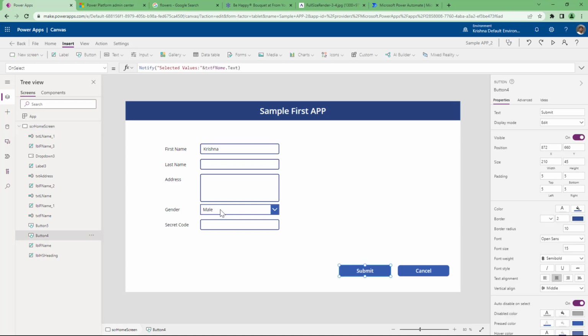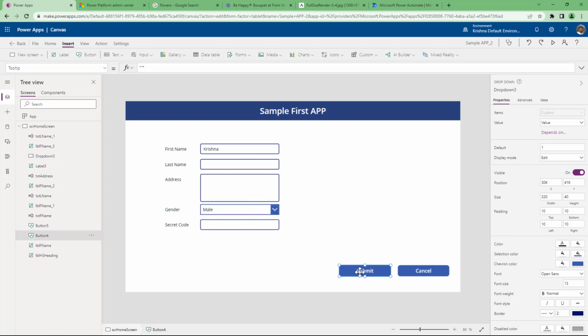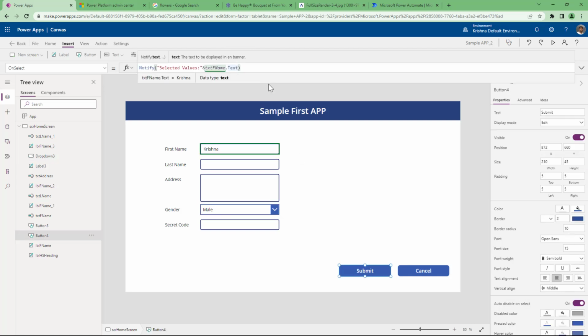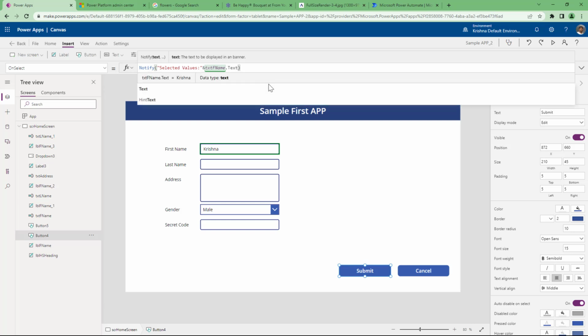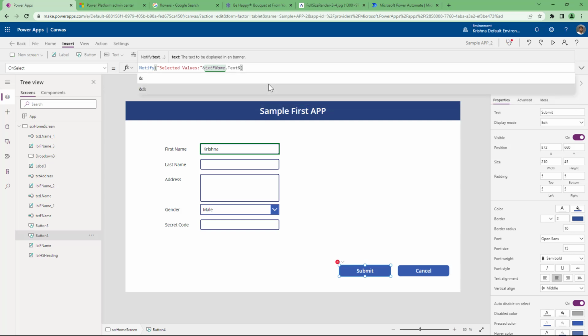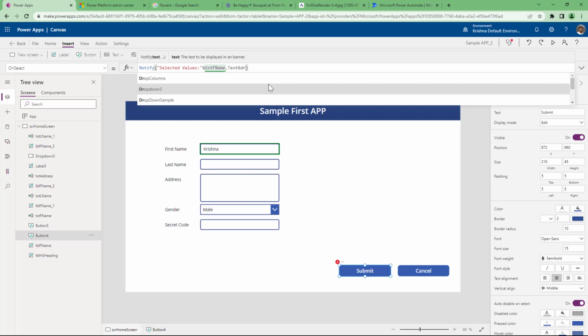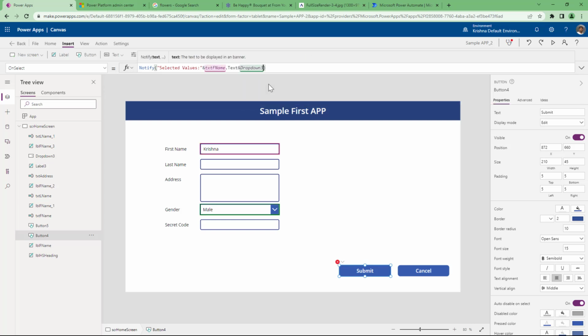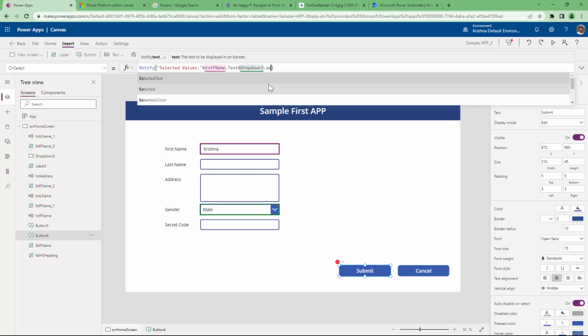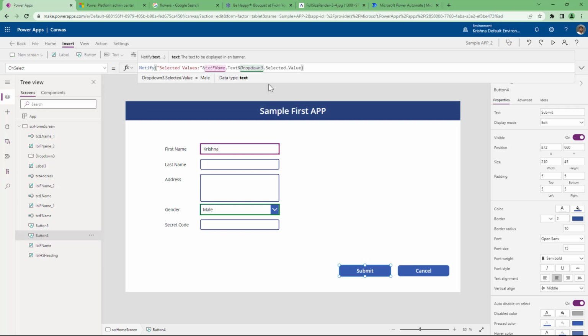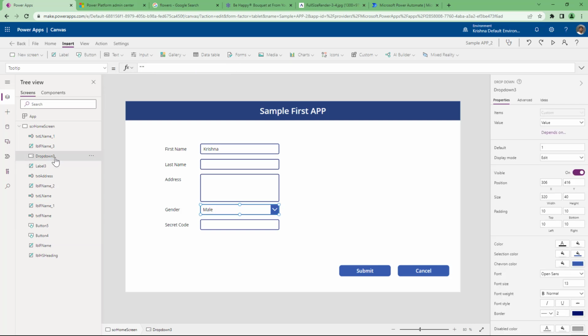How can I read the data from a drop down? Go here, ampersand, drop down 1, drop down 3, dot selected dot value. Always remember, a drop down should be named with DRP or DP, both work. DRP